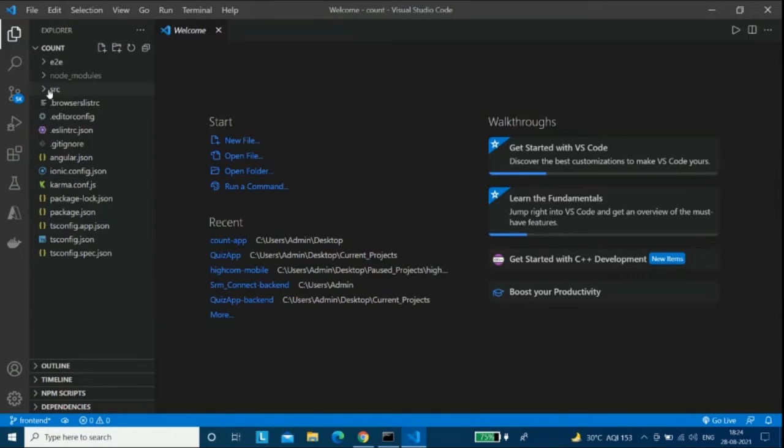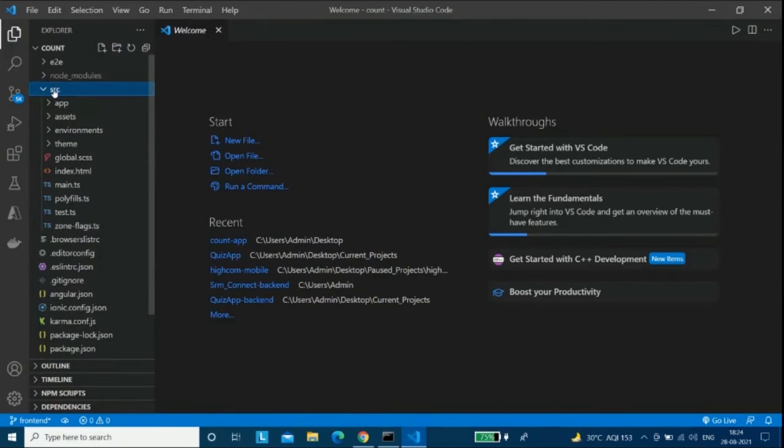As I said, the next thing is the SRC folder. In the SRC folder, we have these folders and these files. From these, I would talk about the app folder, which we are going to discuss later.